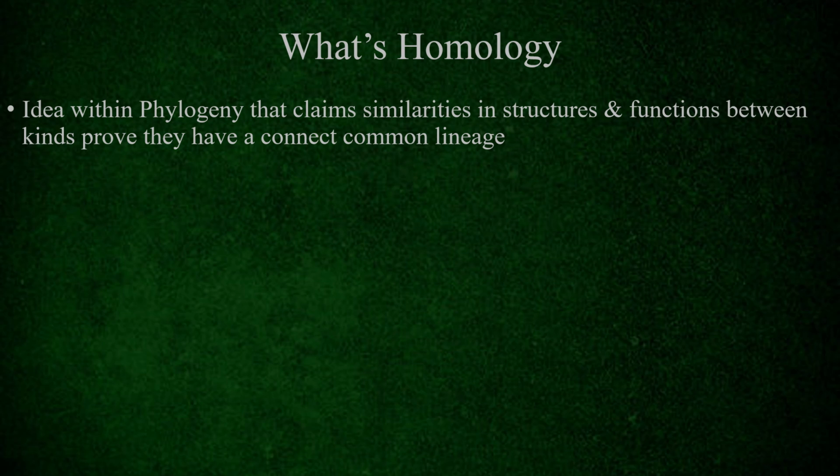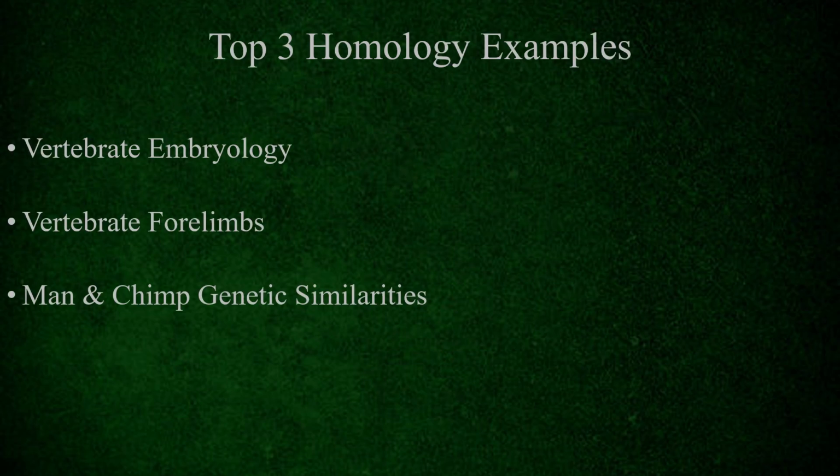For those who have no clue what I'm saying, it is the idea within the idea of phylogeny that claims similarities in structures and functions between kinds prove that they have a connected common lineage. For this lesson, we will take the top three examples of homology, which are vertebrate embryology, which is about similarities in embryonic developments between vertebrates, and then vertebrate forelimbs, specifically the skeleton, and then human and